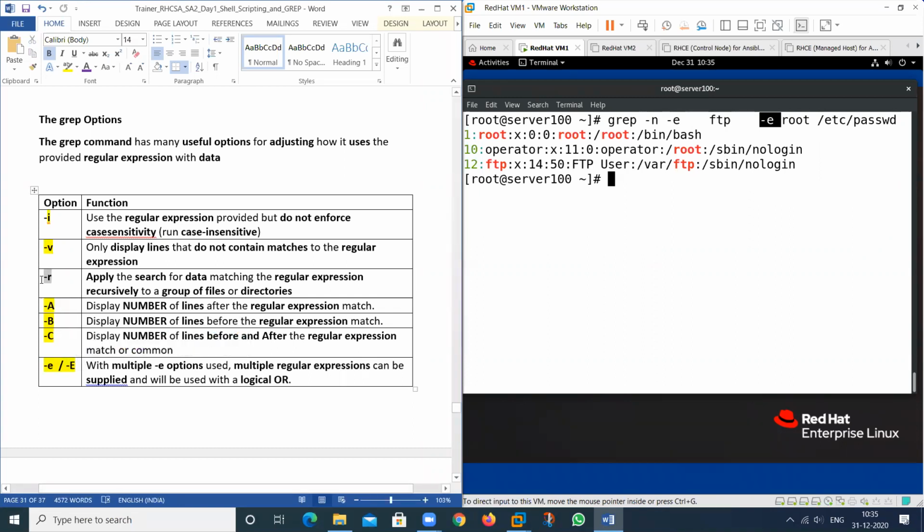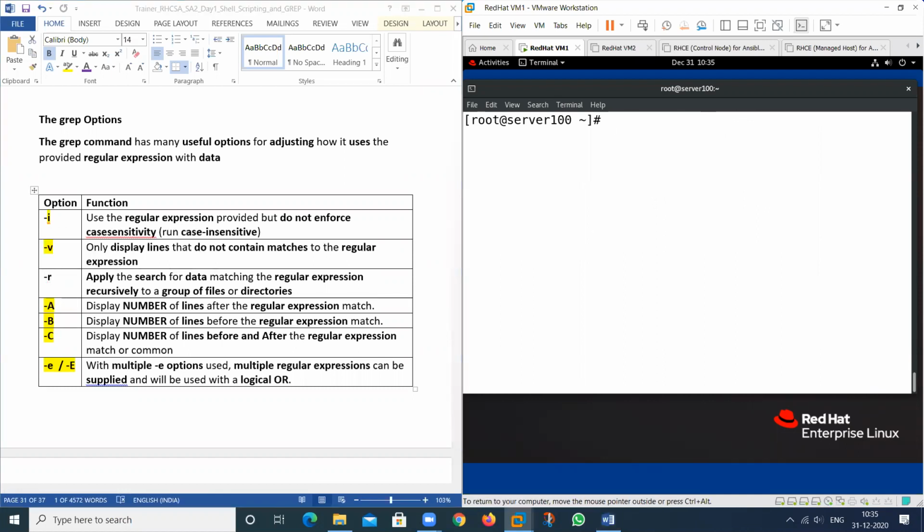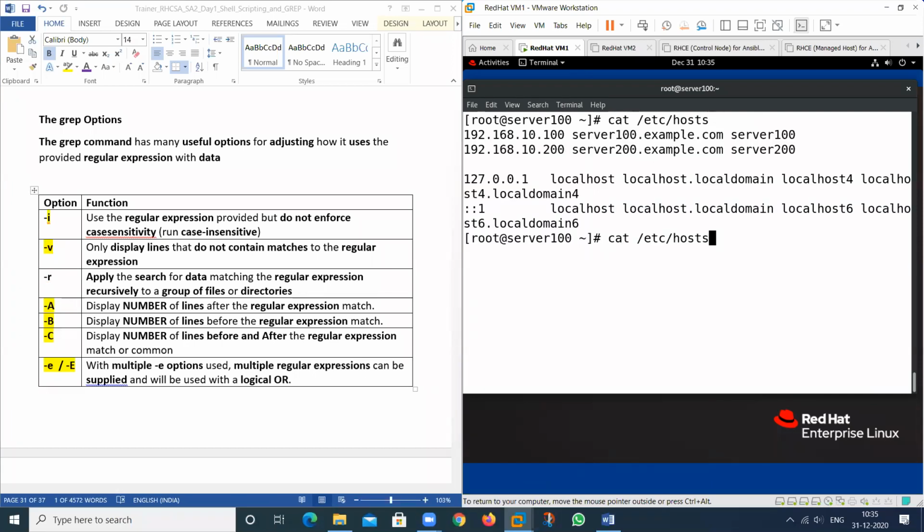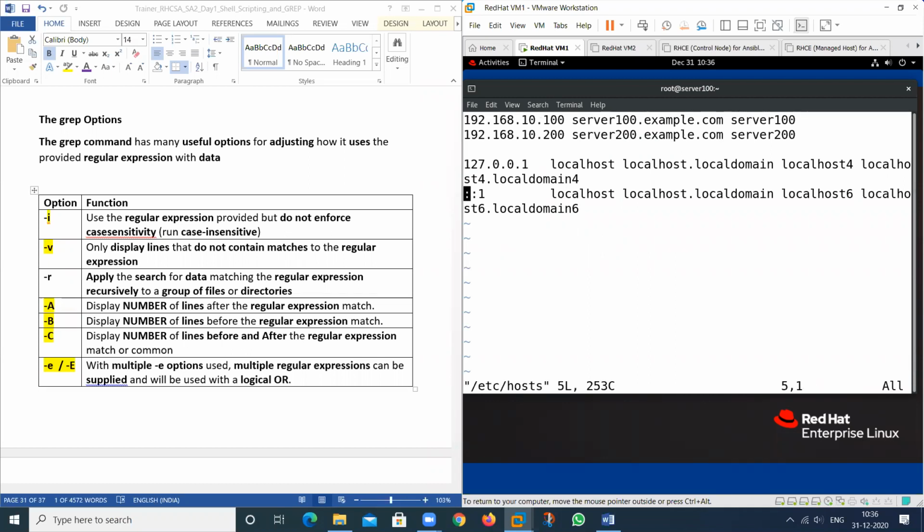Suppose I want to search a value from any file contained in a directory, then we can use this option. One more thing. We have a file in the etc folder that is post. See. Go to this particular file, and type here: Vijay is late.